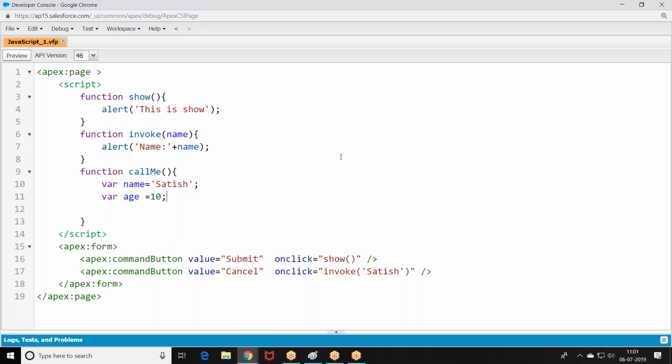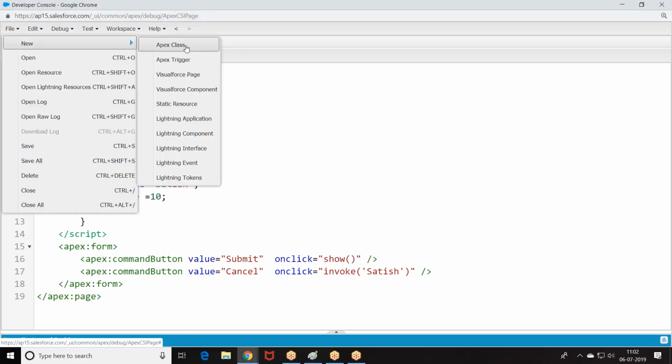Now, look at the point. Var name, var age. Now let us take this story. I want a VF page, and the data in the page I want to read and capture in the script. Whatever data you enter in the VF page, I want to read through the script and upload it. I want to perform some action. So how do you read the data and upload the information? Let us move on to the story.